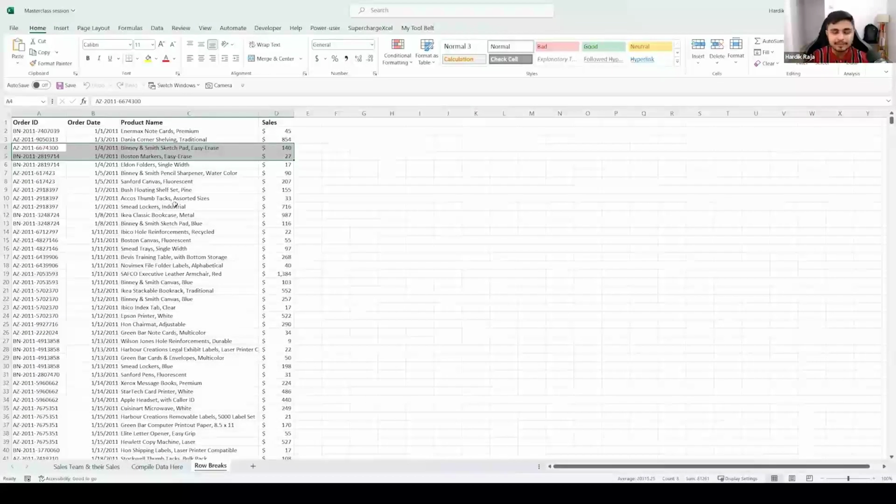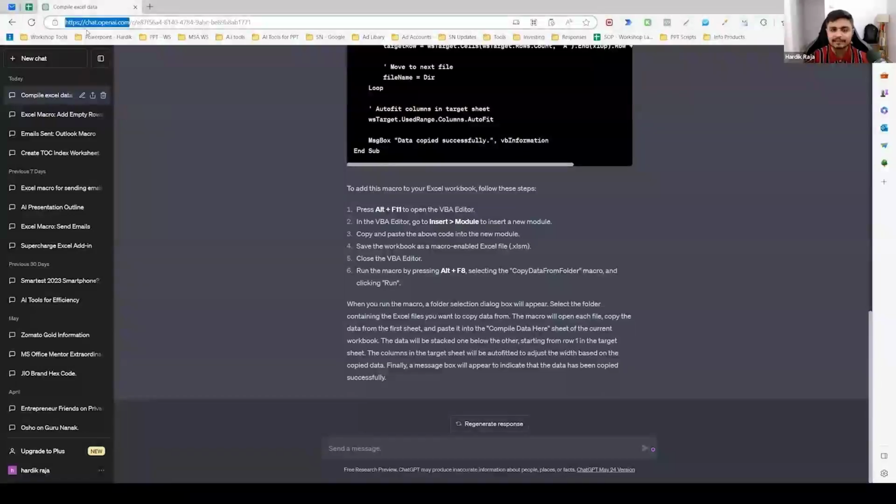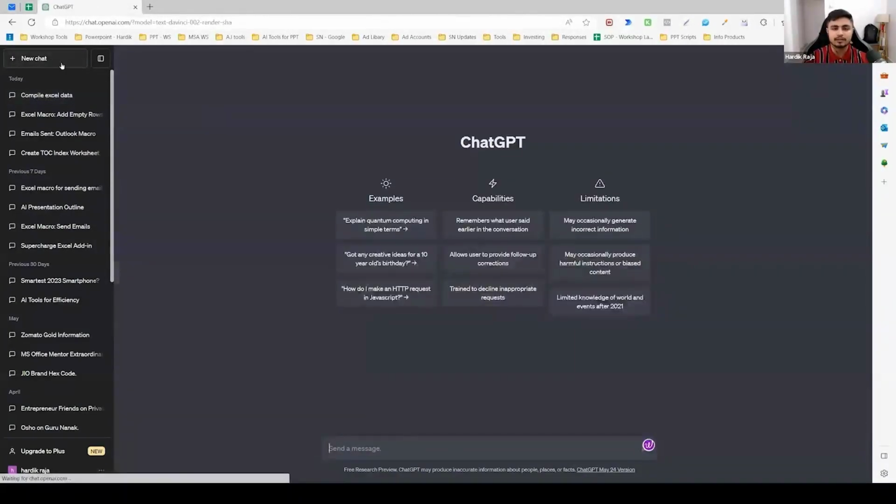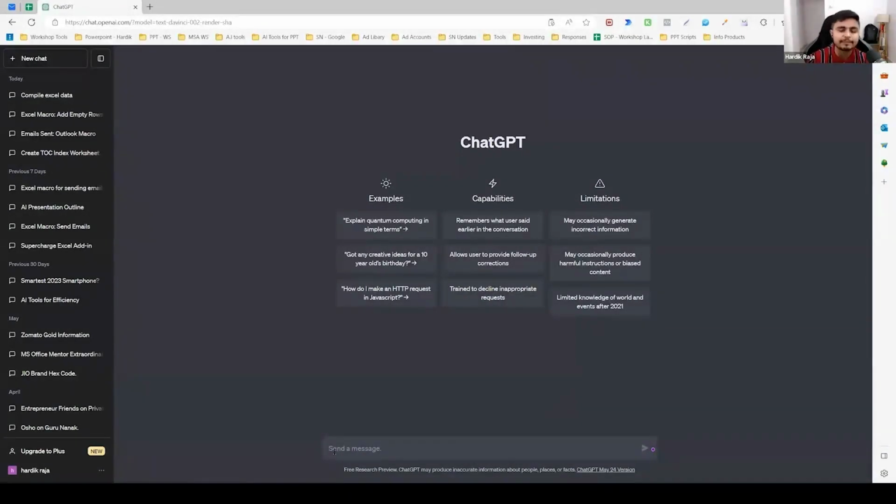I'm going to add a VBA which will solve this problem. So all of us are going to open ChatGPT again one more time. If there is someone who has been left behind, I'm going to share the ChatGPT link in the Zoom chat. The moment you open it, we are going to click on new chat, and we are going to tell this particular problem to ChatGPT